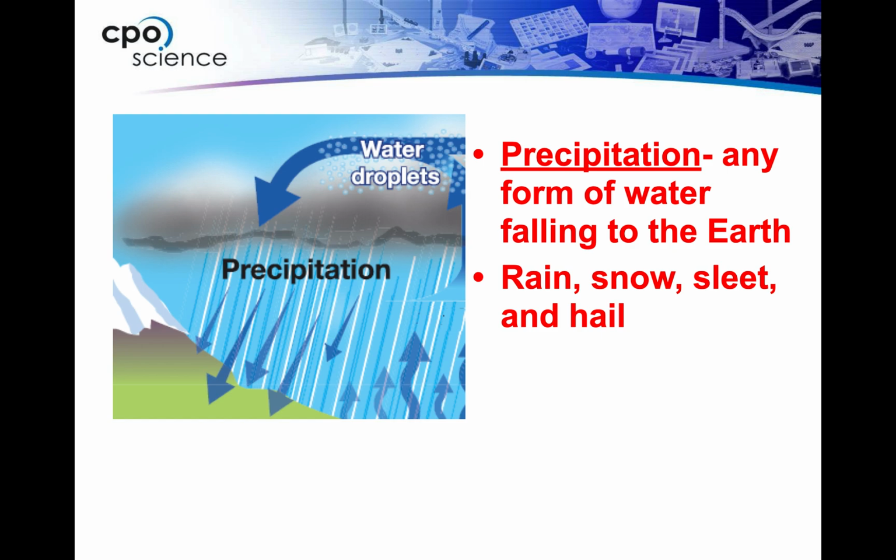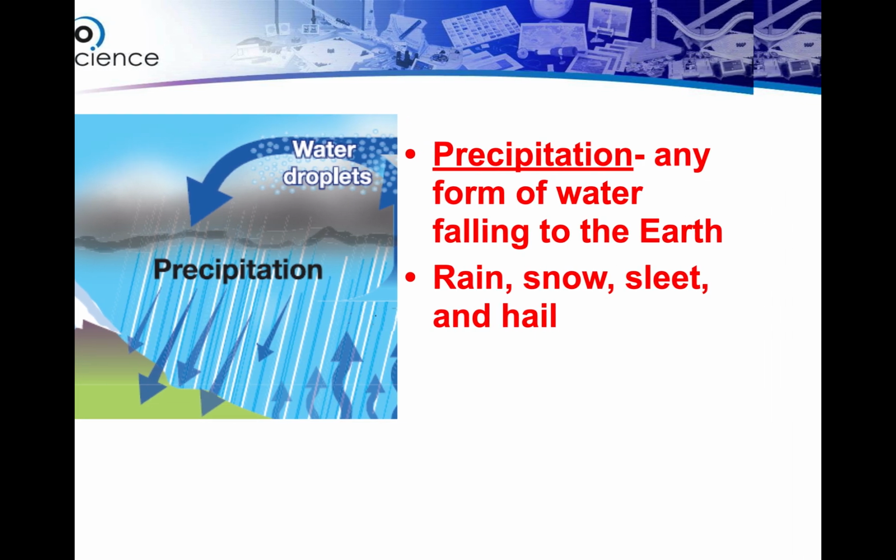Hail is a little bit different in that we're going to have rain falling, but updrafts cause those rain molecules to get pushed back up into the clouds where it's colder. They freeze, they drop down again. Maybe they get pushed back up again, freeze. It's almost like if you've ever made an ice ball before, out of snow, very similar thing. It just happens in the clouds. The more times those ice particles take a ride going up and back and up and back, the larger the hail that you're going to get.